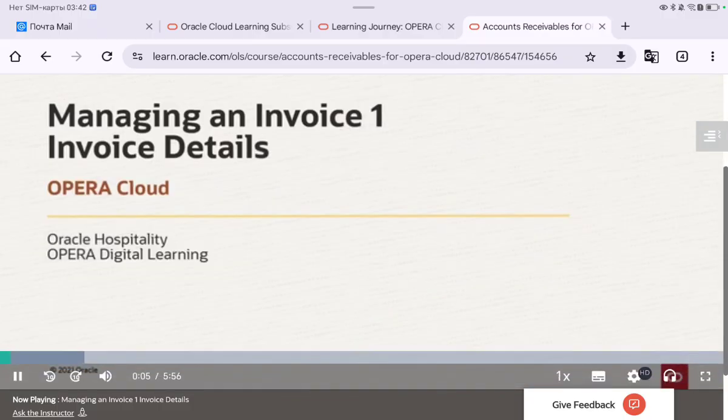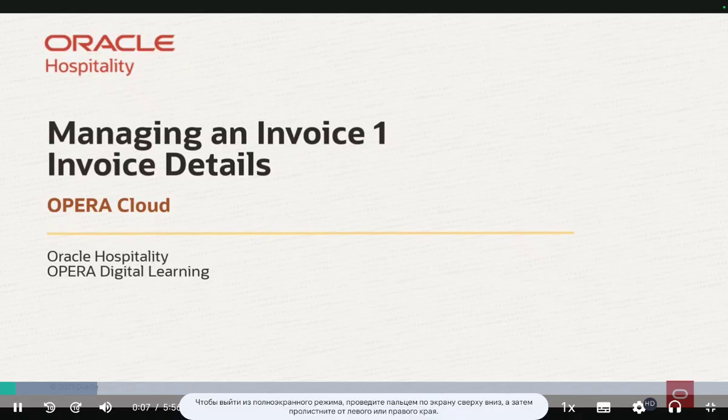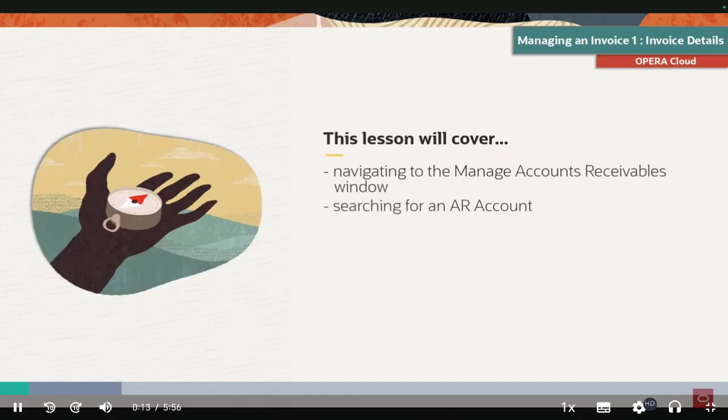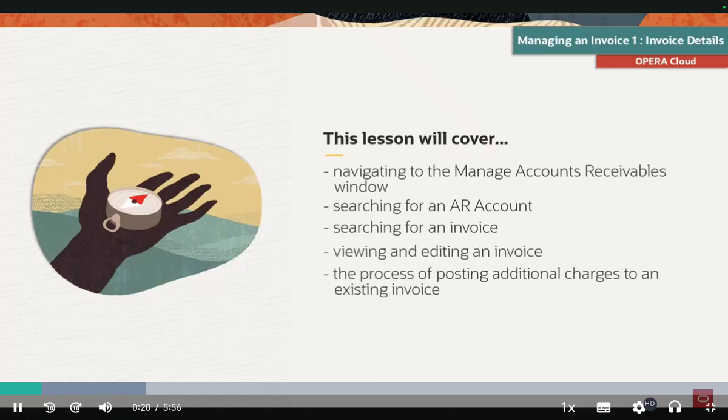Managing an Invoice 1. Invoice Details. This lesson will cover navigating to the Manage Accounts Receivables window, searching for an AR account, searching for an invoice, viewing and editing an invoice, the process of posting additional charges to an existing invoice, and the process of finalizing